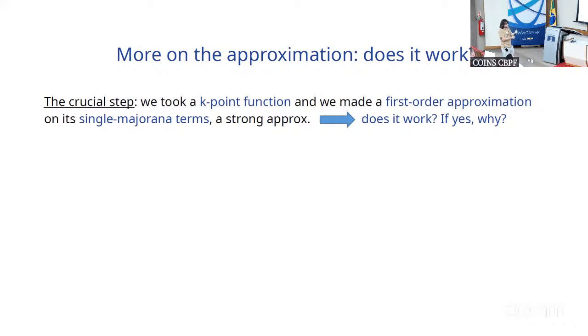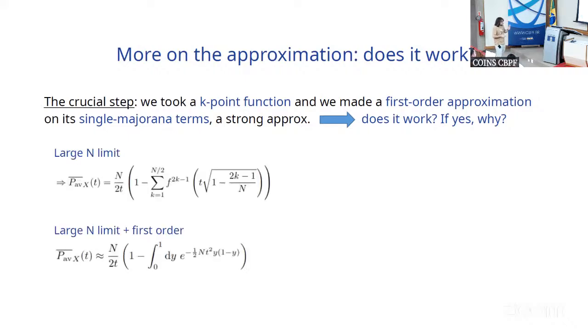This is a strong approximation, so we should ask, is this approximation valid or not? And if it's valid, why? So at least getting a heuristic motivation for the validity of this expression is important. So the first step, we didn't know what to do. We did, okay, let's remind ourselves of our formulas. So this is exact in the large n limit. Nobody can object. This is so-so in the large n limit.